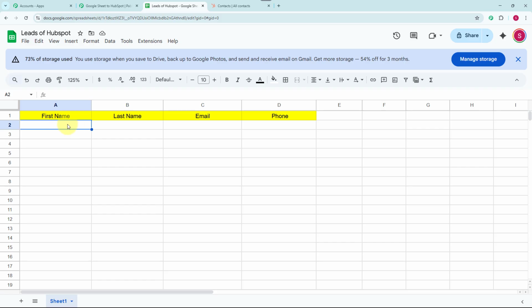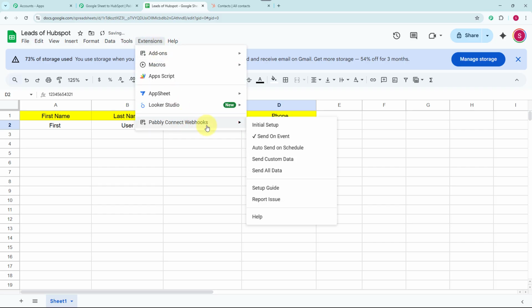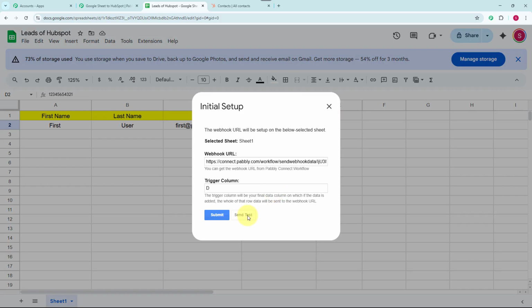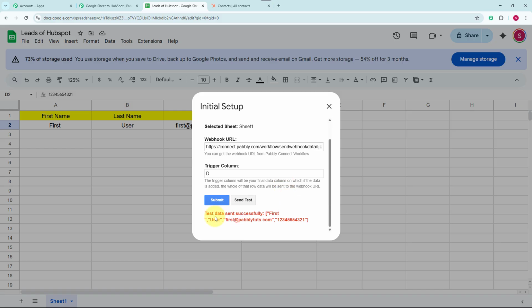So now let's make a new entry over here. So here I have made the entry that is first name is first, last name is user, email is first@pabblytudes.com, and I have provided the phone number. Now let's move on to the extensions, and now on the initial setup I am going to just click over the send test, and now let's wait for sending this test over here,